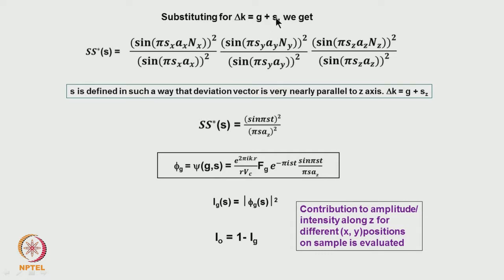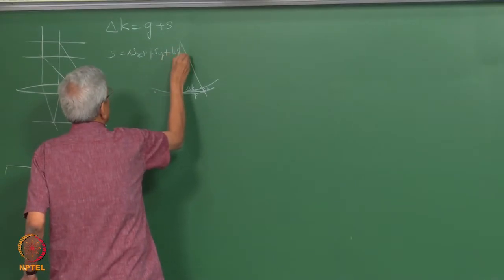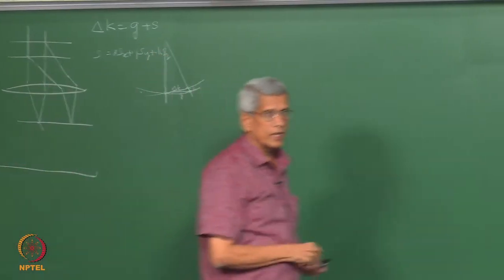And when we put G plus S, then what is going to happen is that G dot A, because A is a lattice translation vector Ax, so if Gx plus this one, if you take it, that is an integer. Because of that, all these terms, only the S will come into the picture, the other factors will not be there. Here what we have considered, S is equal to the vector written as i into Sx plus j into Sy plus k into Sz.